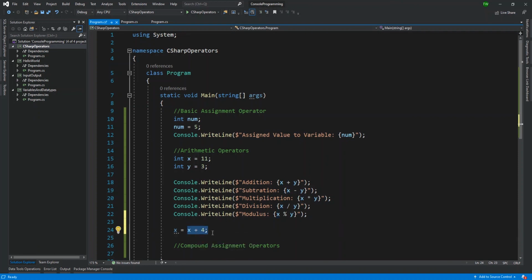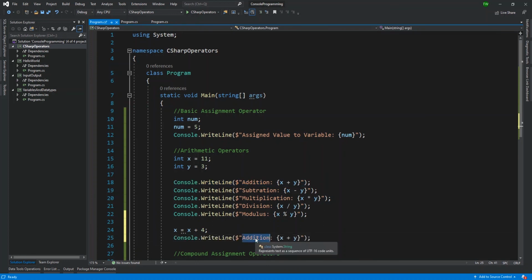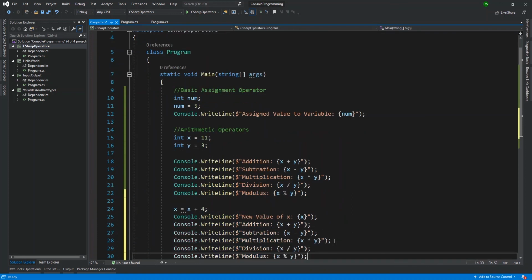And then after that math is done, I assign it to itself. So with that done, I'm just going to use this Console.WriteLine, and I'm going to say new value of x. And then I'm just printing x to the screen. And then just to prove that that gave it a new value, I'm going to reprint all of these